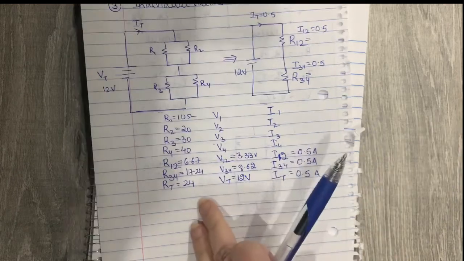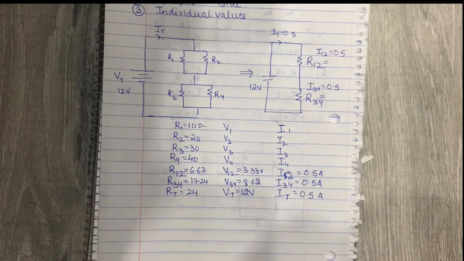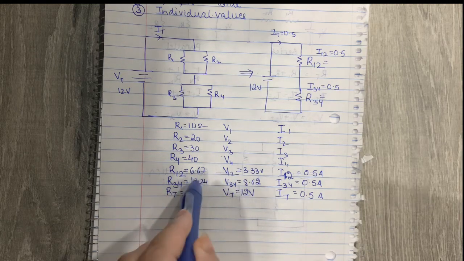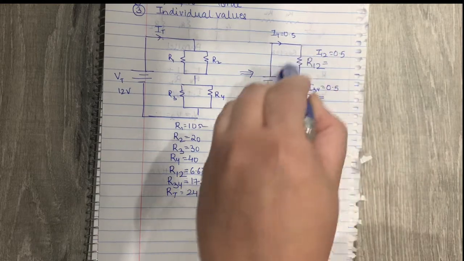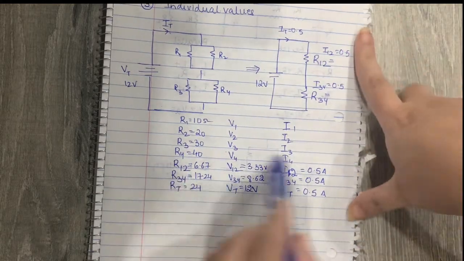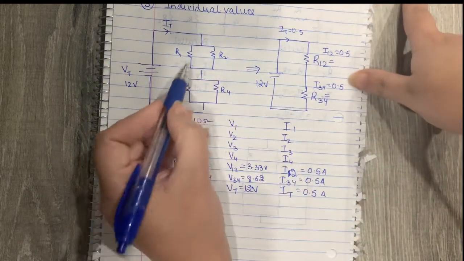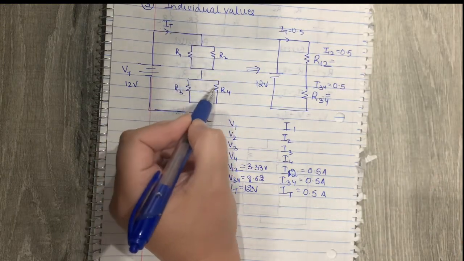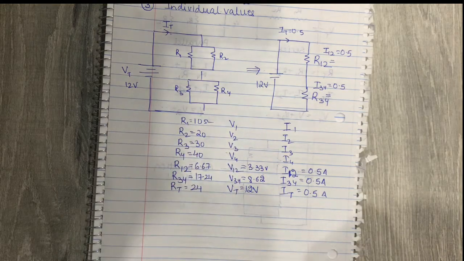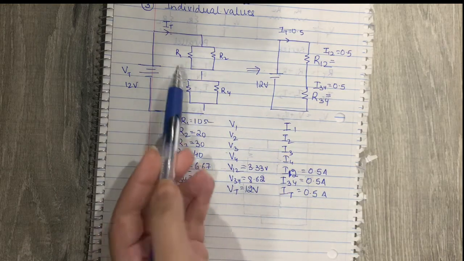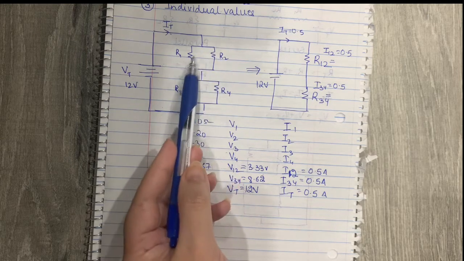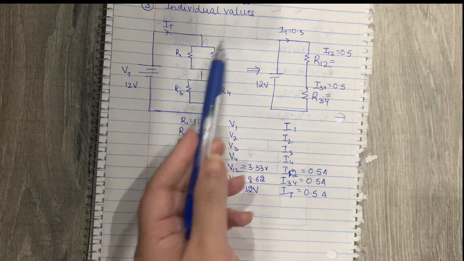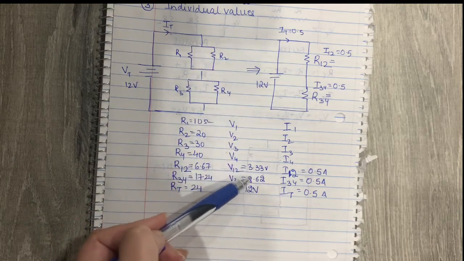Again and again, we have to revert back to our series and parallel knowledge. Now, in a parallel circuit, see, right now we have solved for a series circuit. If the questions have been asked till here, we are good to go. But if you've been asked to solve the individual values of currents and voltages across the individual resistors, that also we can do. So as I was talking about a parallel circuit now, you remember the voltage drop across a parallel circuit? Yes, it is same as that of the total voltage around that area.